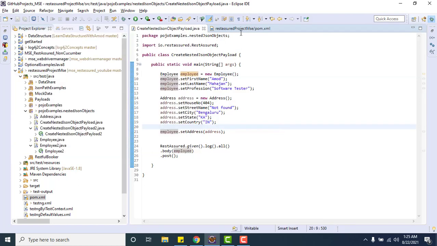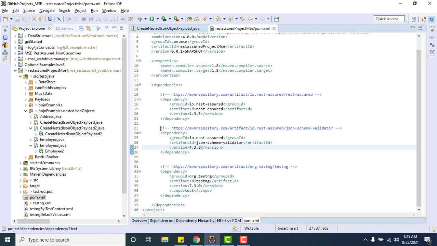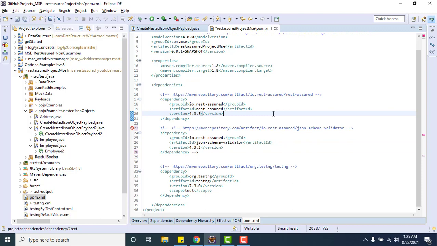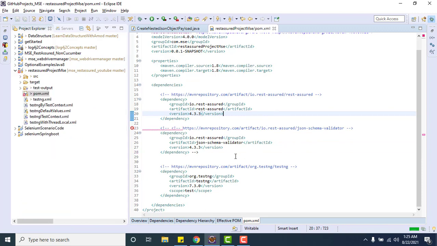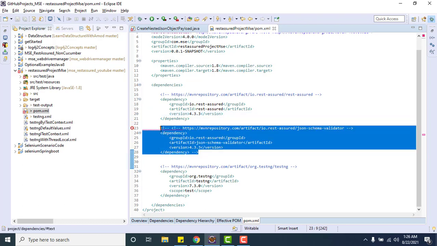Now I will go to pom.xml and I will remove this particular dependency from here. Let me remove it.